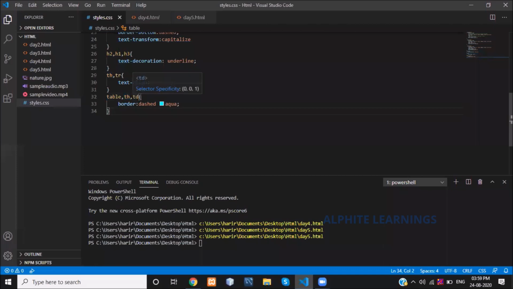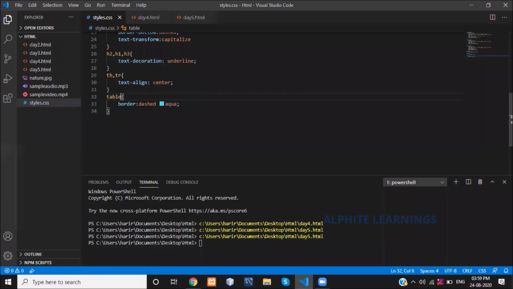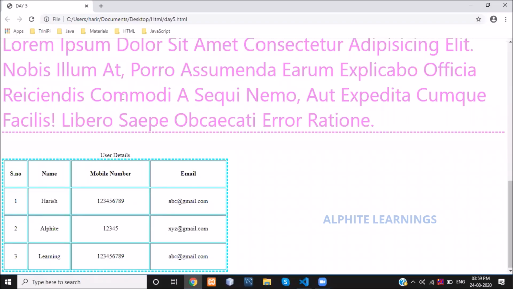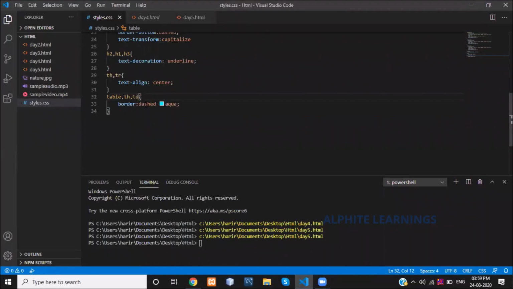If you want only the outer table to have the border, you can give only table. See, the outside of the table got the dashed aqua border. Similarly, if you want a header and data border, you can give them comma separated, like th, td.